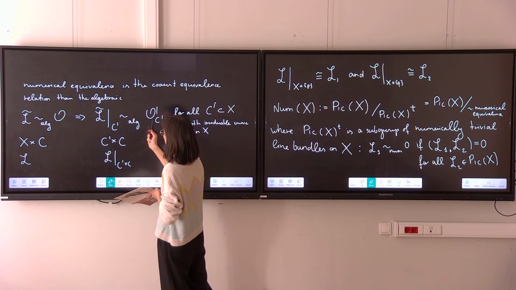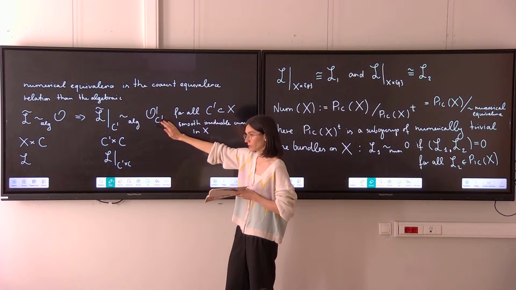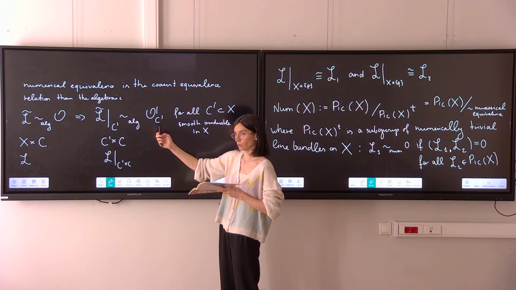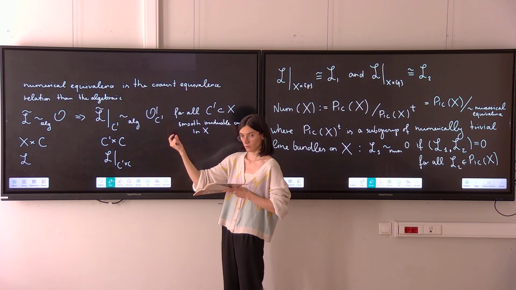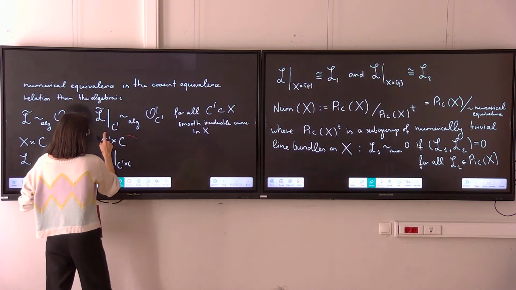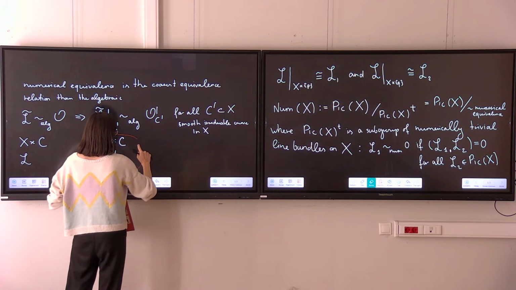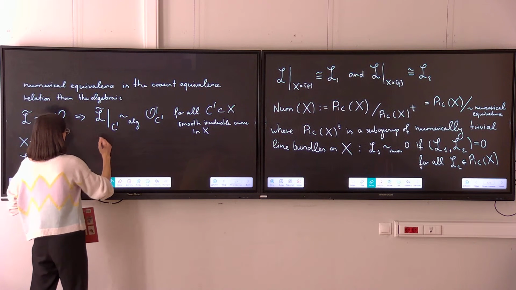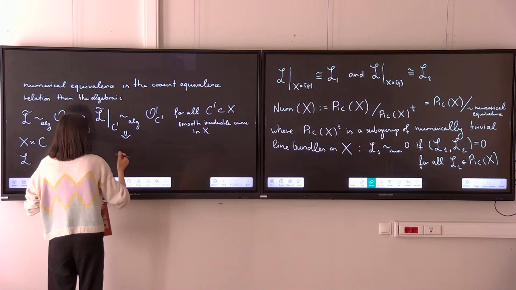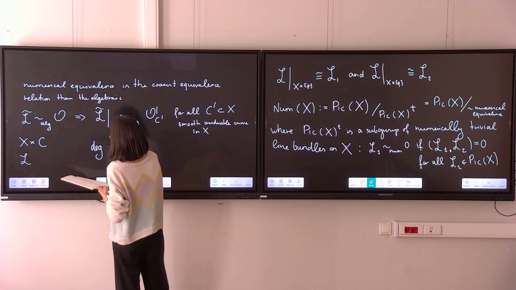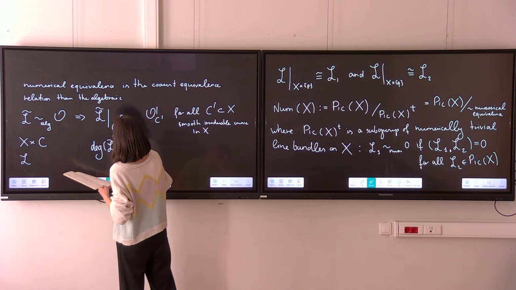So now what does it mean that a line bundle is algebraically equivalent to some other line bundle on a curve? What is algebraic equivalence on a curve? What is it about the corresponding divisor? This means, okay, we will consider this in a complex setting, and then I will explain it in a complex setting more accurately. This means that the degree of the corresponding divisors